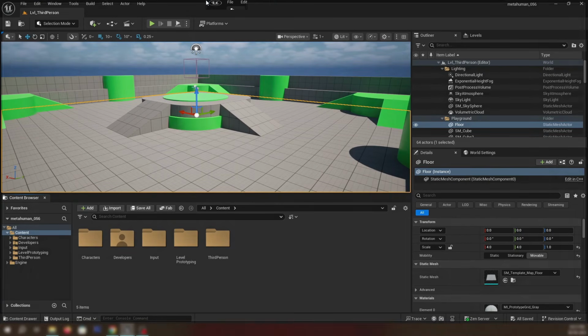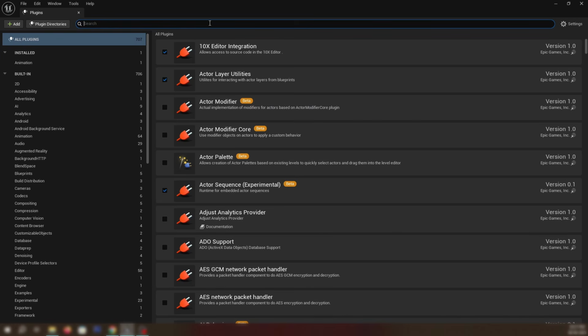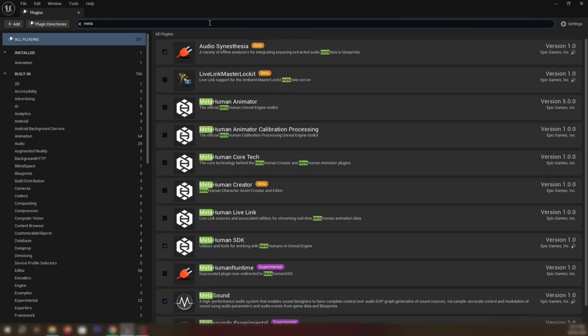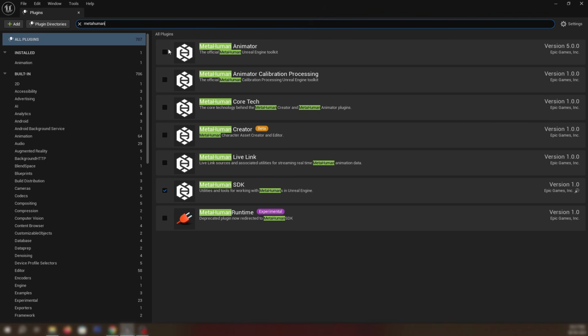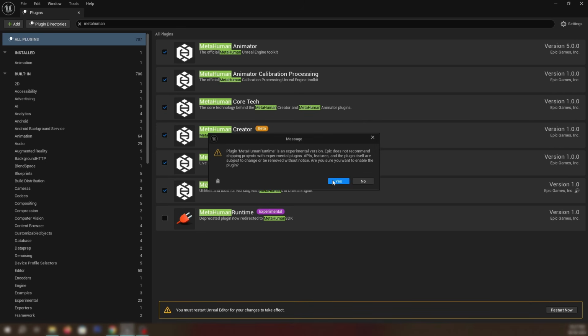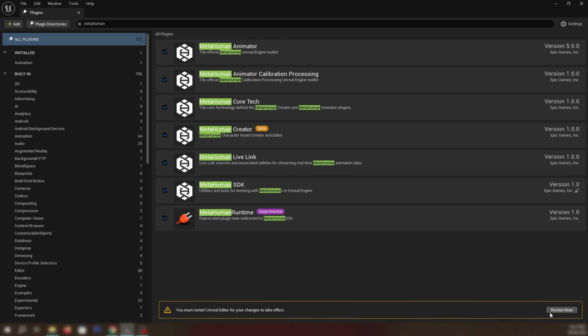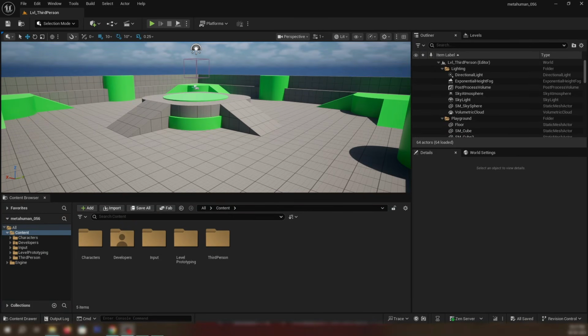Okay, now we are going to test 5.6 MetaHuman. So I'm going to add a custom MetaHuman character. This is the first process: you need to start the plugin. As everyone has shown, you can find this process anywhere else also. You need to turn on all the plugins for Unreal necessary for MetaHuman to work in 5.6.